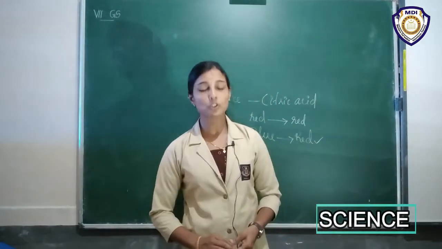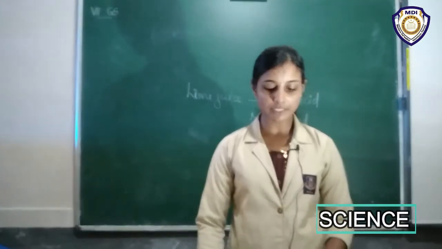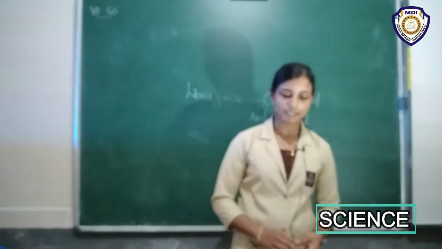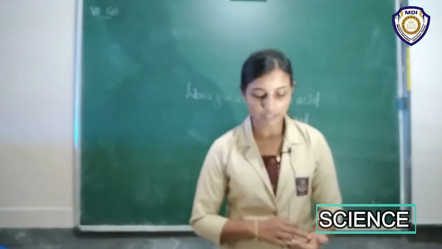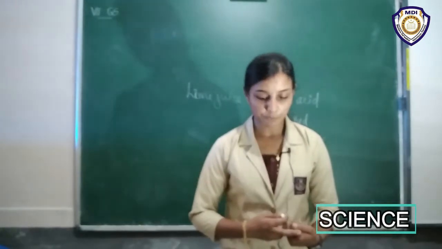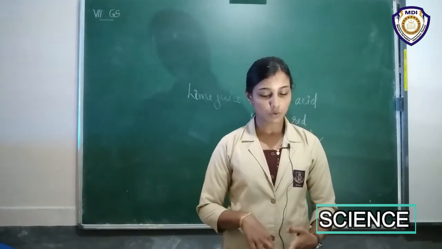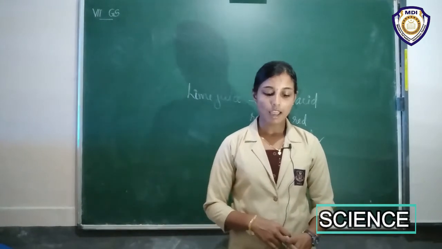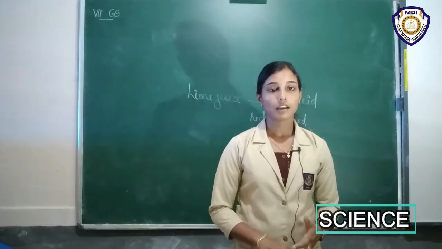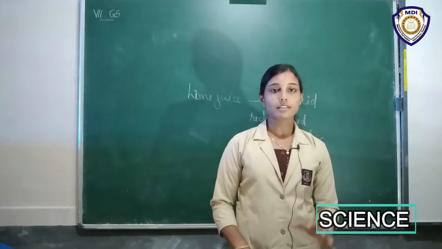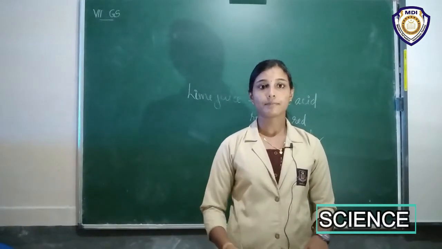Okay, so blue litmus paper will change its color into red. Perform the same activity with the following substances: tap water, detergent solution, aerated drink, soap solution, shampoo, common salt solution, sugar solution, vinegar solution, baking soda solution, milk of magnesia, washing soda solution, lime water. All these we have to check, to find the nature of each of these things.